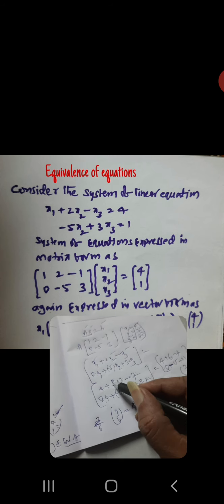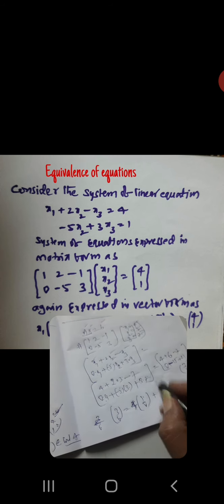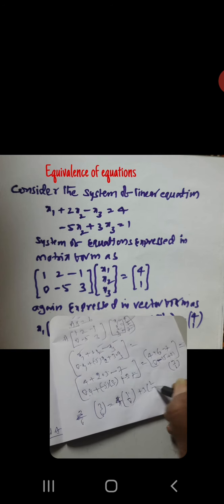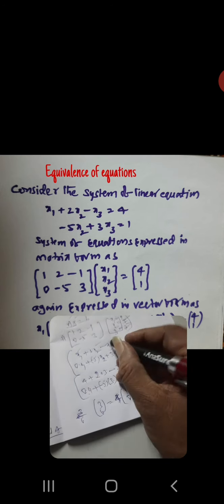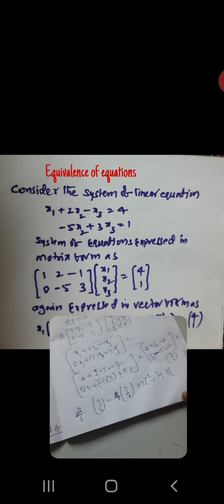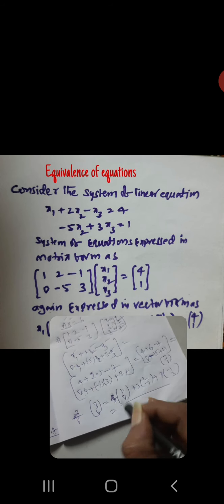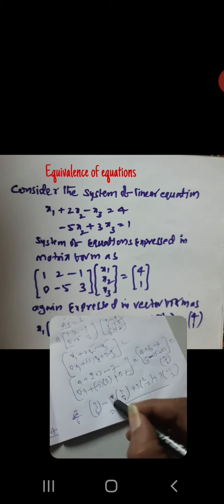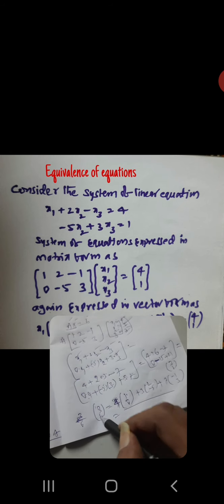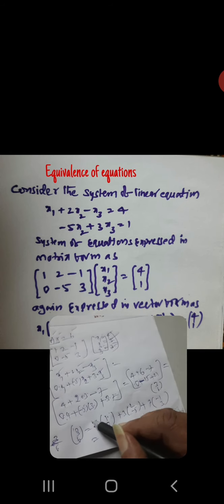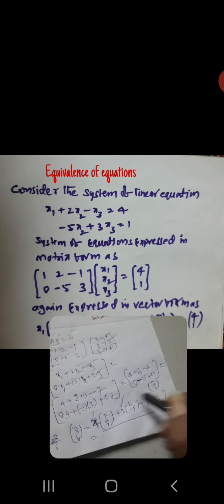Here x2 means you take 3 into 2 comma minus 5, plus x3 means you take 7 into minus 1 comma 3. This is the answer. You write this 4, and you write the same answer 4. This you write, get 3 comma 6. If 3 comma 6 is written, then the scalars exist: 4, 3 and 7.